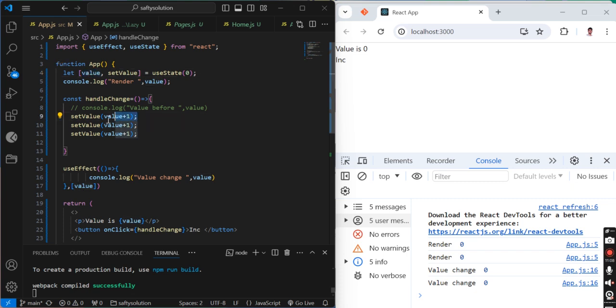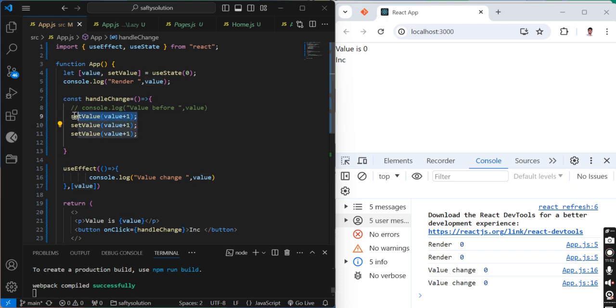So when it first executes this one, it takes the value from here. What is its value? Initially its value is 0. 0 plus 1, 1. So it remembers that next time it has to return 1. Then this statement executes. It also takes the value, and here the value is still 0.